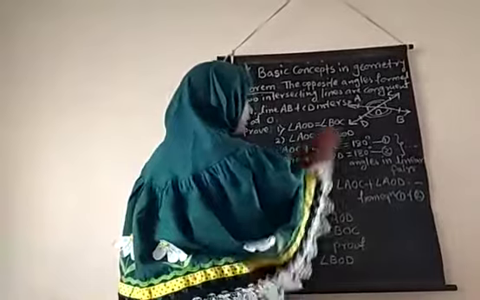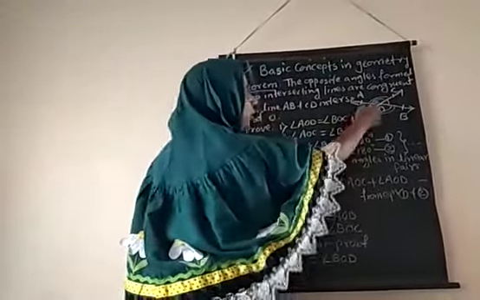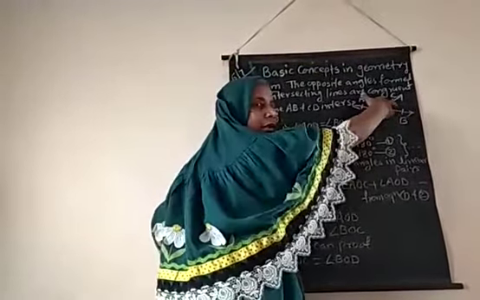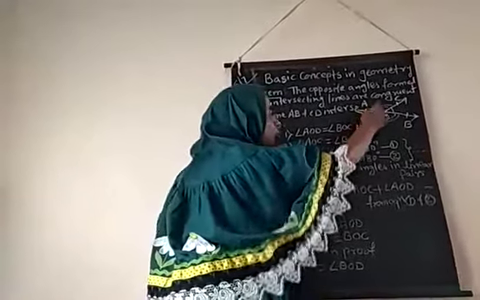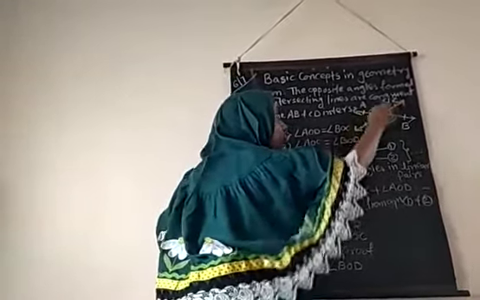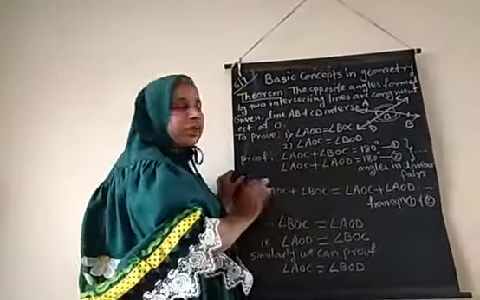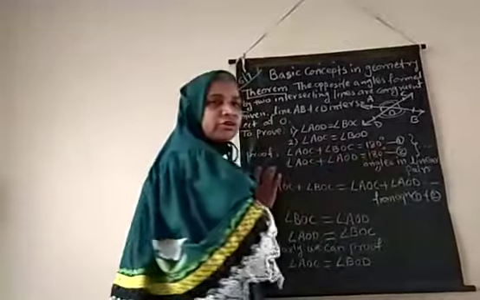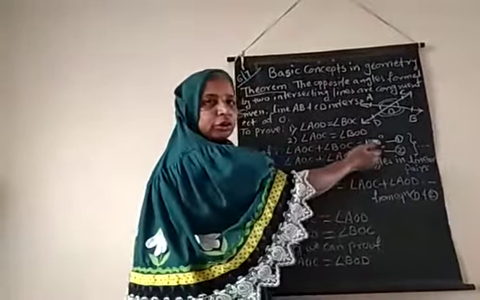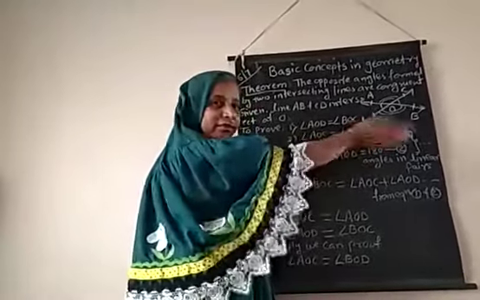Now angle AOC and angle AOD. First we add these two angles, so the line AB is formed. Now we are adding angle AOC plus angle AOD. Again, when we add these two angles, they form a straight line, that is, a linear pair. So this is the second equation. In equation 1 and equation 2, our RHS is 180 degrees. That is, the RHS is equal.